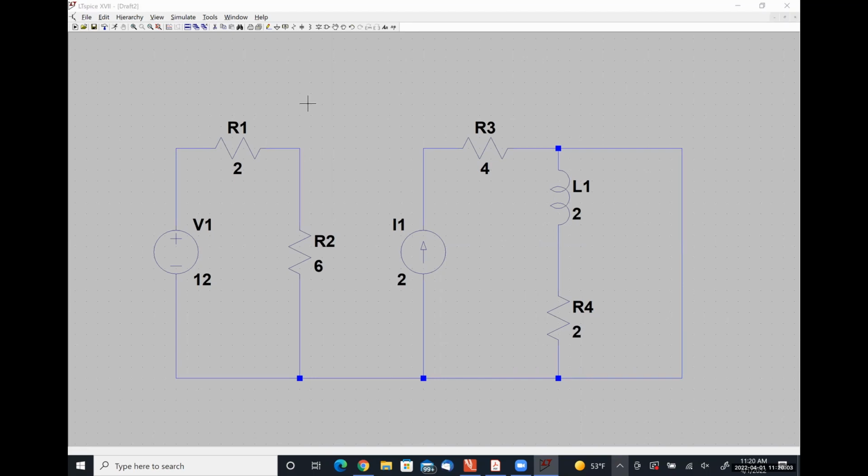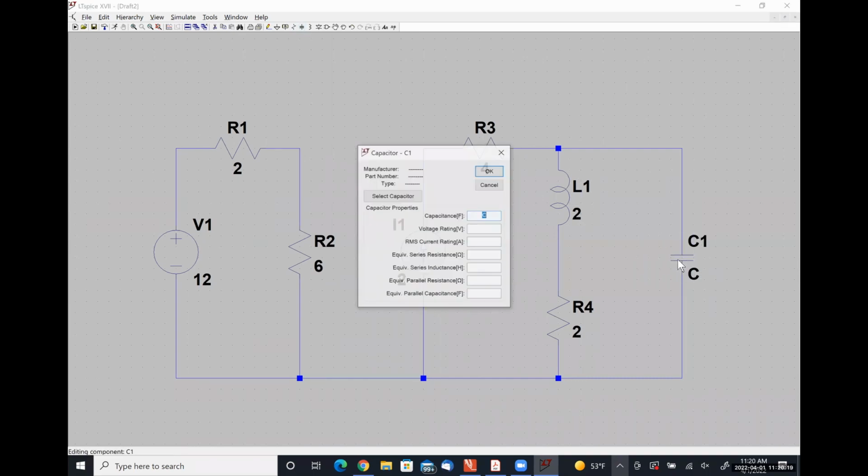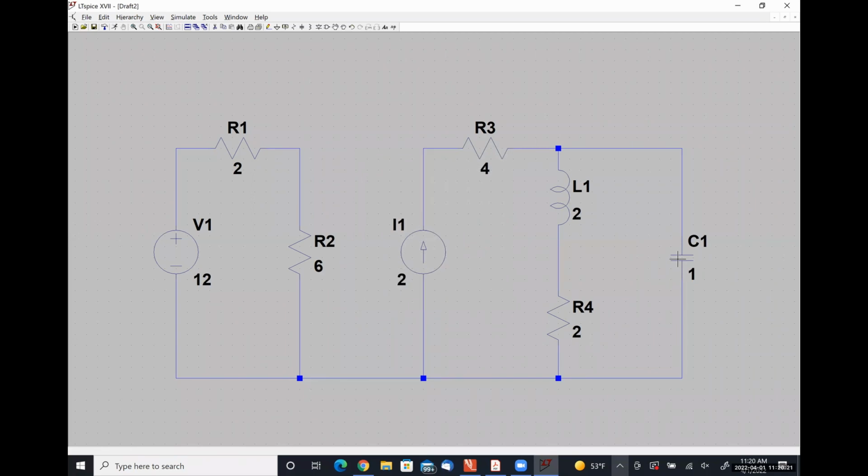It's not that switches aren't in LT Spice, it's that it's hard to make them depend on a time in LT Spice. So I choose to do this a different way. Responding to something in chat. My capacitor is a 1 farad capacitor. All right, so